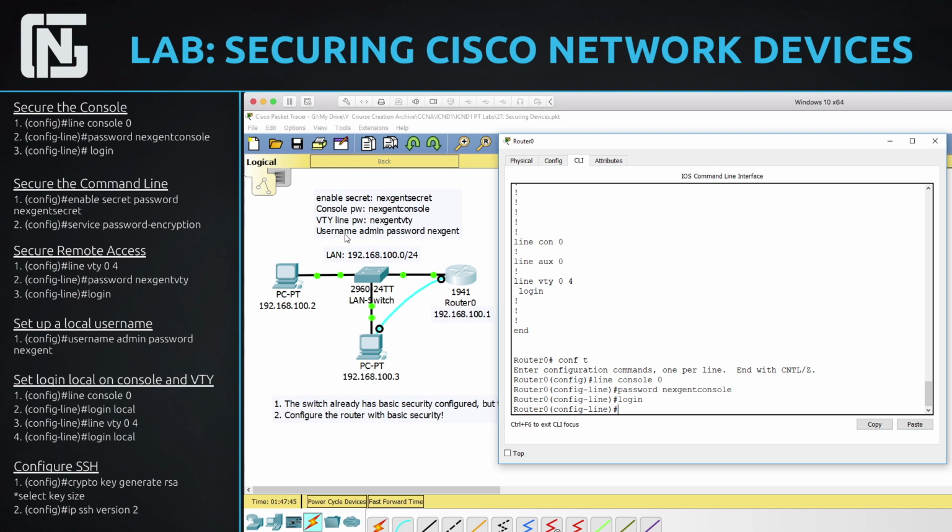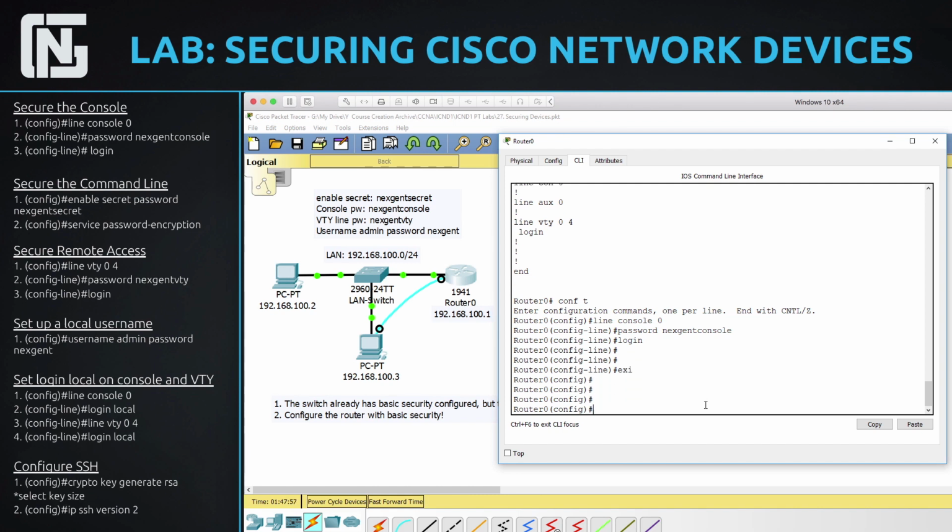But I have all the passwords we're going to be using. They're here at the top. We have 4 different ones: the enable secret, the console password, the VTY line password, and the username admin password that we set. So here we have now secured our console line, and we can go ahead and verify that